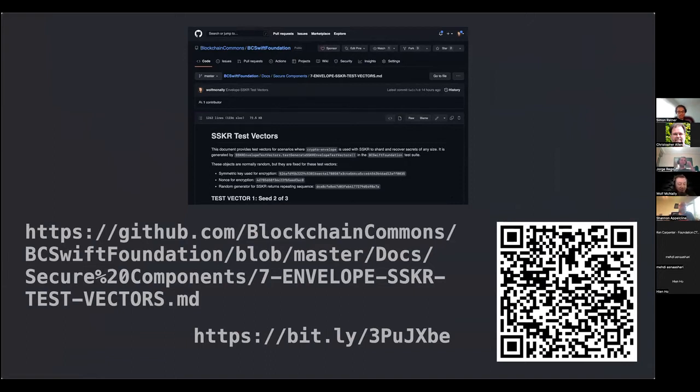But this is where the actual test vectors live. But I just want to unpack a little bit about a couple of them, just so you can understand, when you see this long page of test vectors, you'll get a better idea of what's actually there. So the first thing, obviously, when you're doing test vectors,